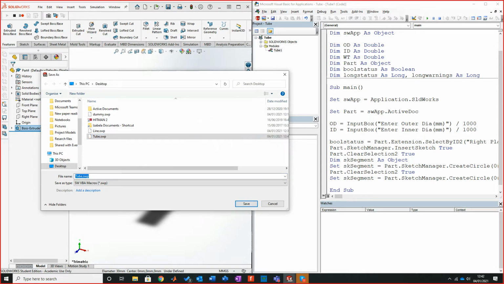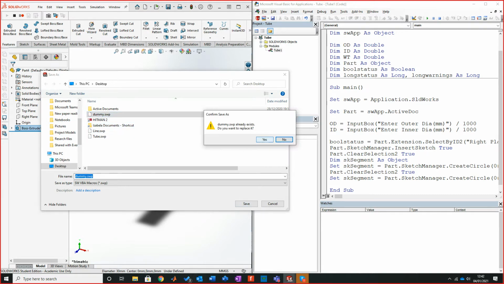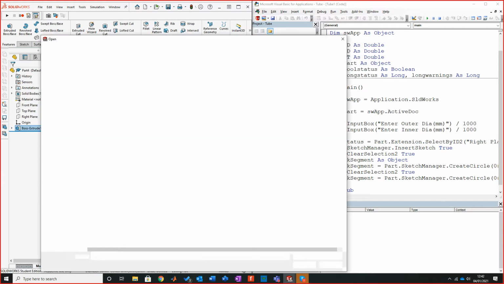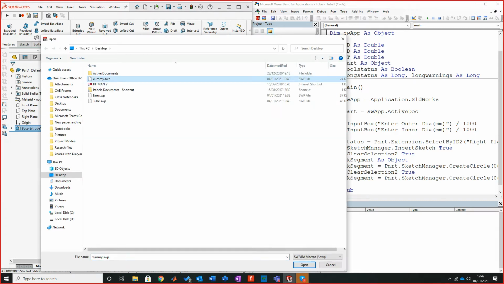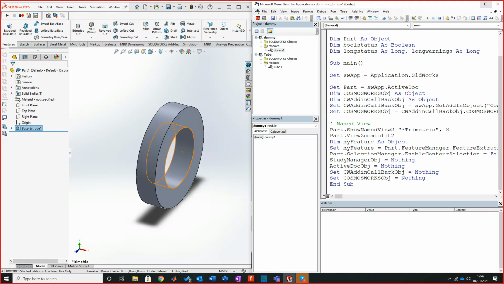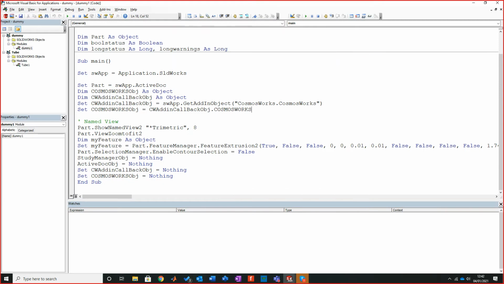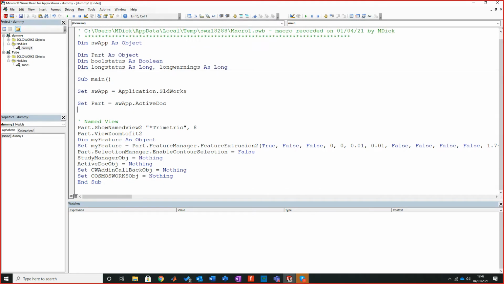Oh, no, sorry, that was me nearly messing things up. Go dummy, stick everything in dummy. Now if I go to my dummy folder, get rid of all that. We know, let's have a look. So